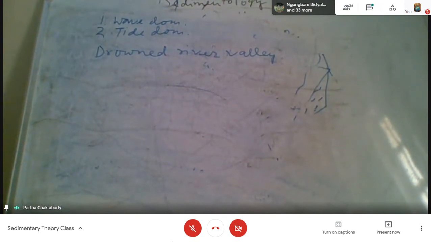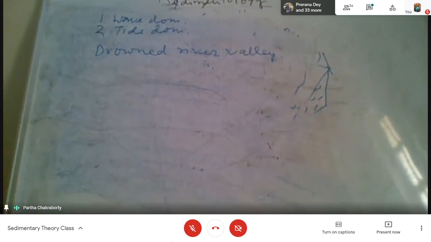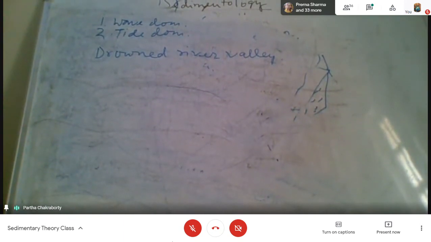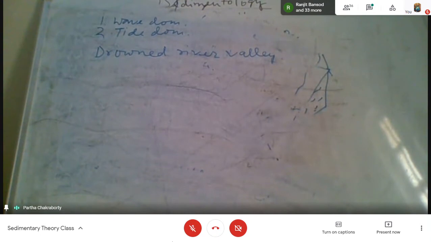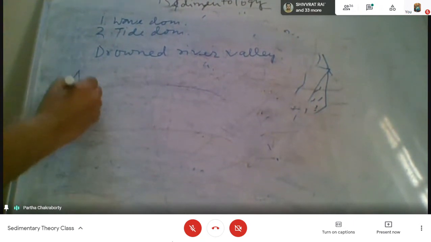by the Holocene transgression, and the distal part of Ganga, the sediment has been totally reworked by the tide. Because it is a tide-dominated coastline, so the tide has totally dominated. So much tide has dominated that every day tide comes through Ganges River up to Patna and goes back. So it is completely the distal part of the Gangetic River that has been drowned by the tidal, the marine system, and totally the tide reworks the Gangetic sediment. And if any one of you have flown over the Gangetic plain, then you will see that there are large scale triangular bars.